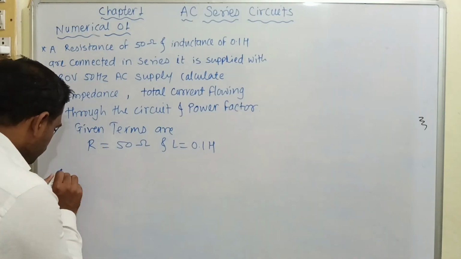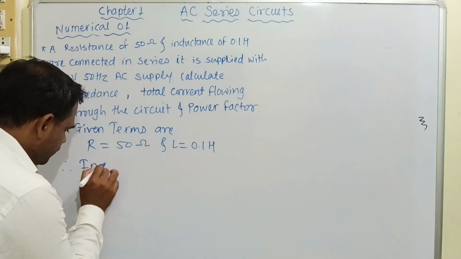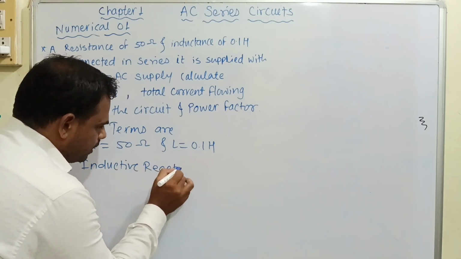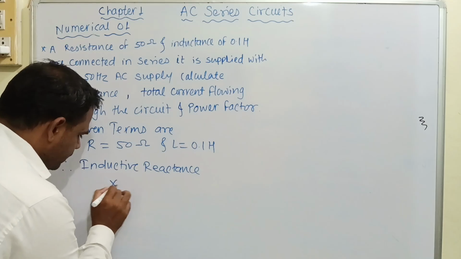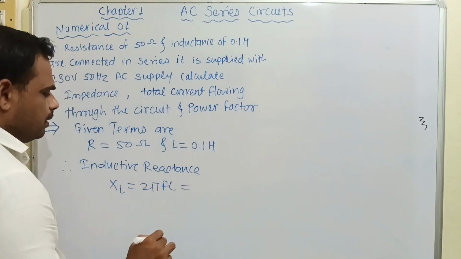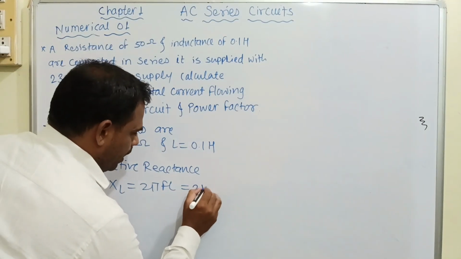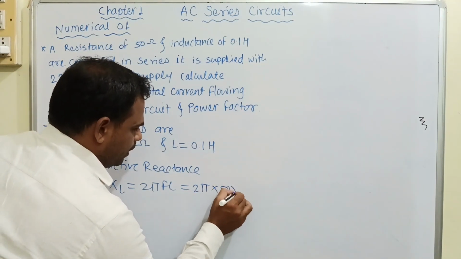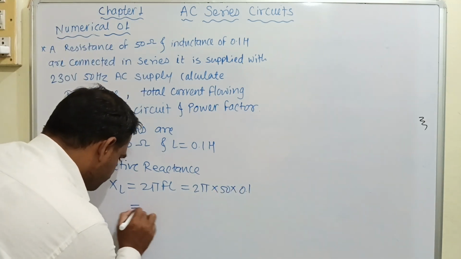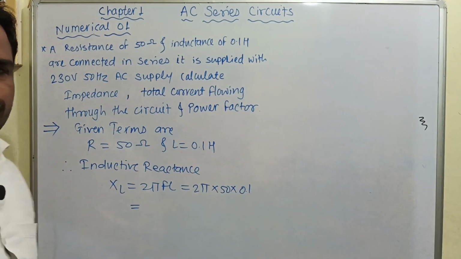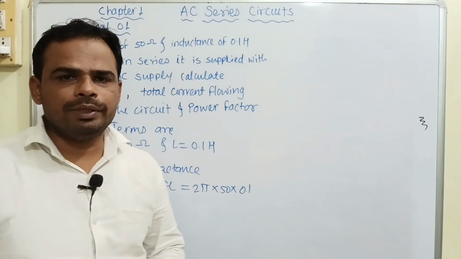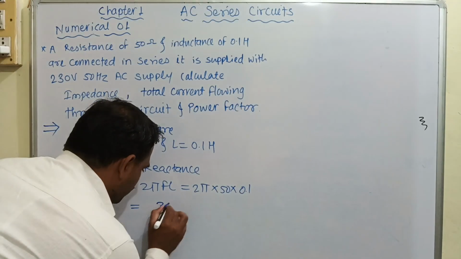So inductive reactance XL is equal to 2 pi FL, means here 2 pi into 50 into 0.1. This gives the value of inductive reactance, and the value is 31.41